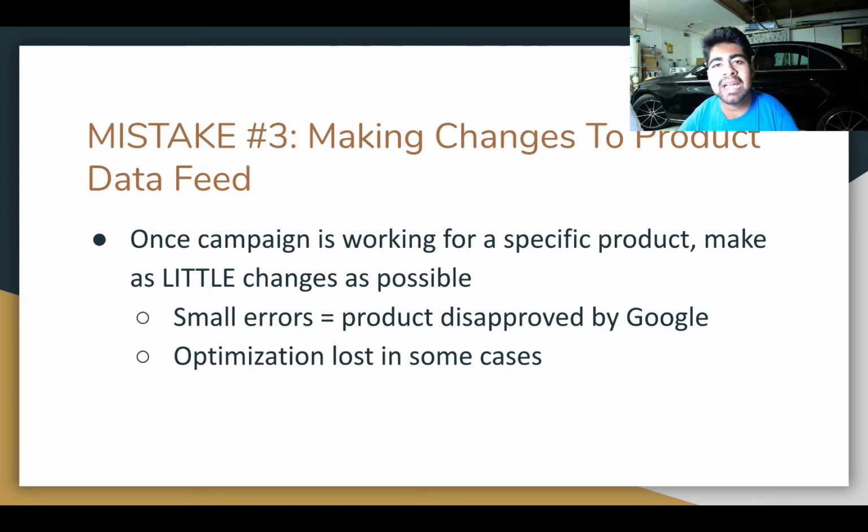Now, if you use Google Shopping ads for your Shopify Dropshipping store, you have to have a special app called Google Shopping Feed installed on your store. And what this app does is it takes all of the information you have on your Shopify store for your specific products, like the SEO title, SEO description, the photos that you have, etc., and it pushes it and submits it to Google. Because of this, you are able to use your products for the ads that you run on your Google Ads account. But what a lot of people don't know is that you can make a lot of changes on the Google Shopping Feed app itself. You can go into the settings and change a lot of things, like what SEO keywords you should use or which images you can use, etc.